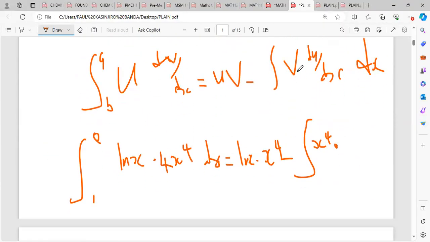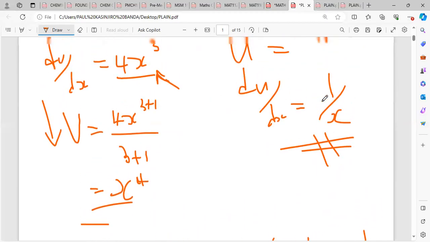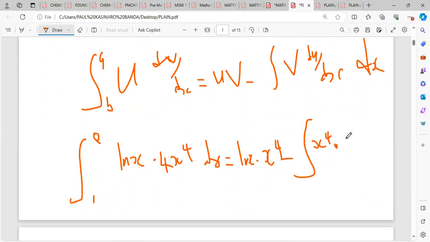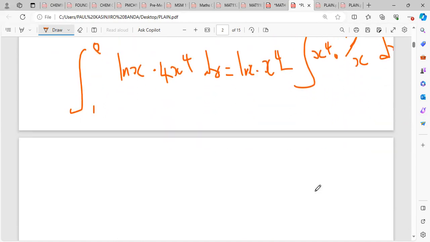So I will replace there with v, which is x to the power 4. Then what is my du dx? Okay, so my du dx is 1 over x there. So I'm going to put 1 over x there. Okay, so after that now, it means